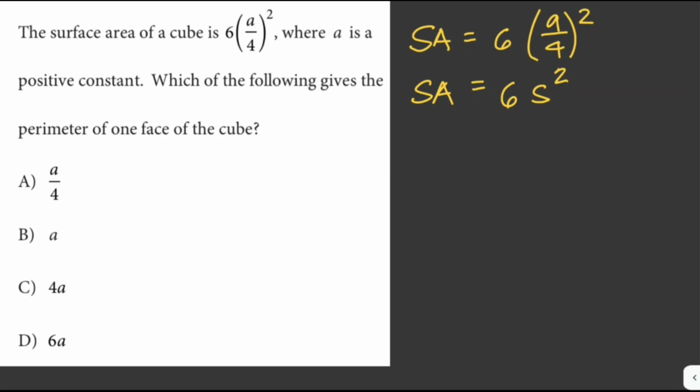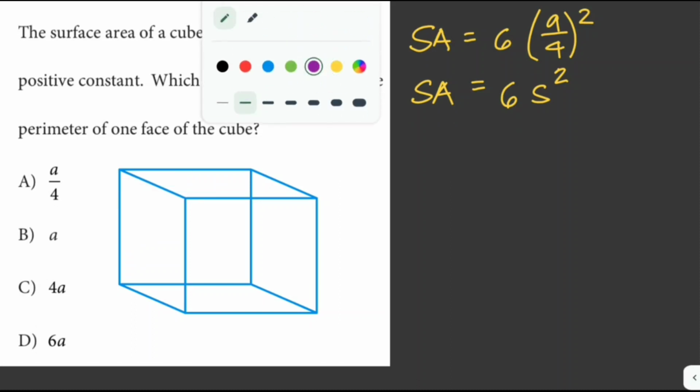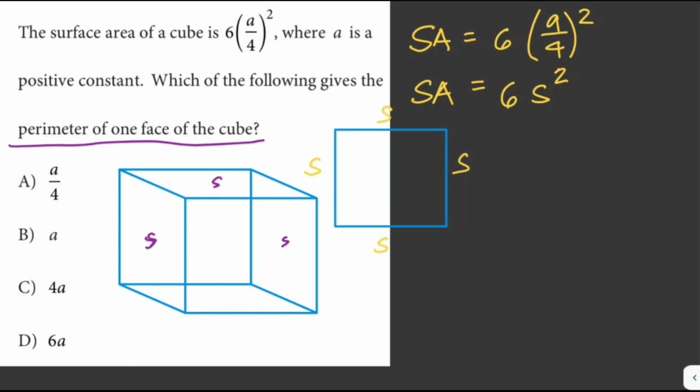Now let's draw the cube. If this is our cube, okay, so that means these are the sides. So we have this one, this side here, we have 12 sides. The question is the perimeter of one face of the cube. So let's say this is one face of the cube. So this is the side, and our side here is just equal to